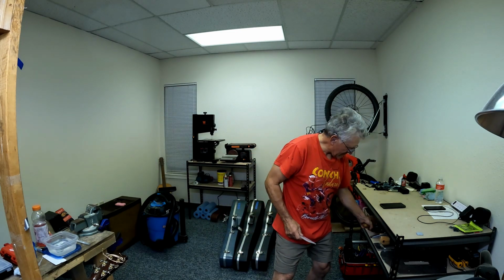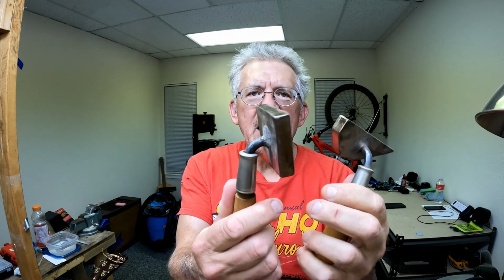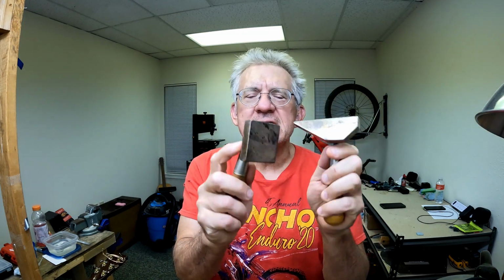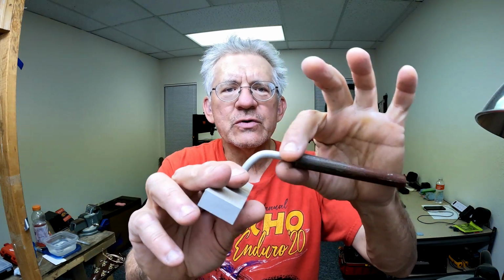I have customers who have built me some of my best tools. These that I just showed you, customers built these for me. I asked someone on Flatpick-L, I said, I need a welder or somebody to make these. Rusty Smith, I think. There were 2 guys that made them for me. They both did great. Yeah, see, here's the other one. The other guy did it like this, where he used a thinner handle, and